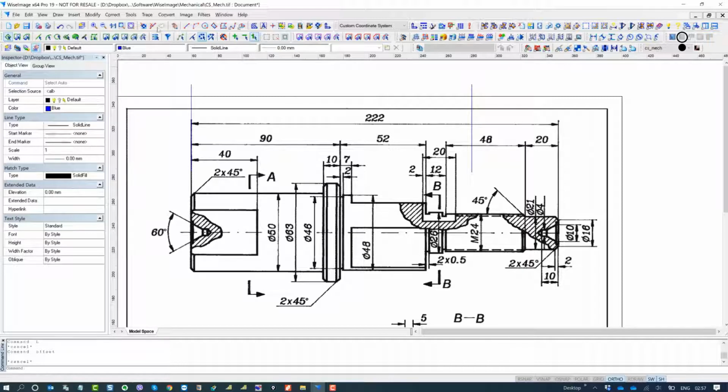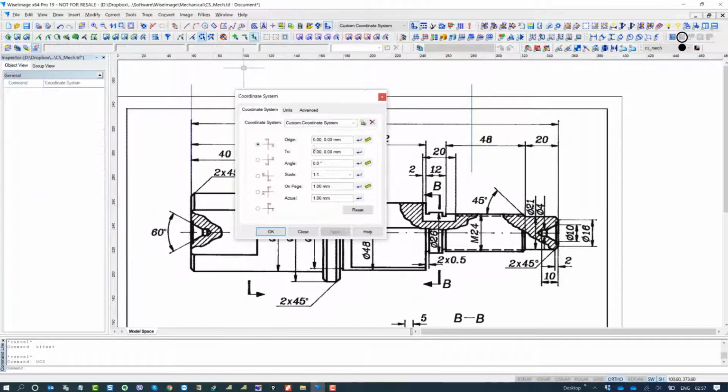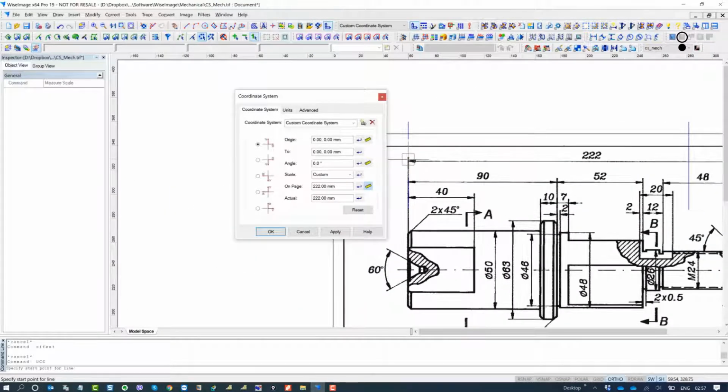So now we should go back to the coordinate system dialog box, and now we know on page this is 222 millimeter, but actually the actual dimension is 222 millimeter, but on page it is something else.